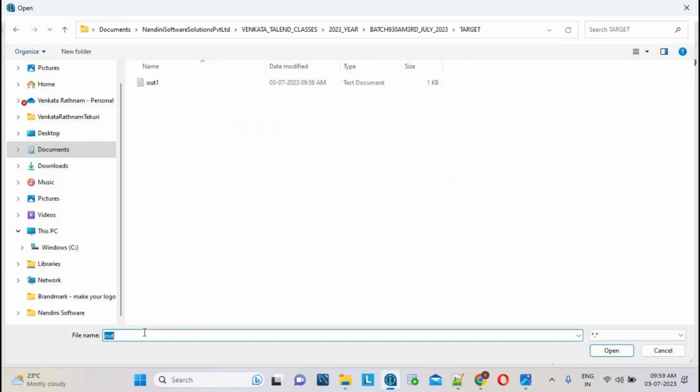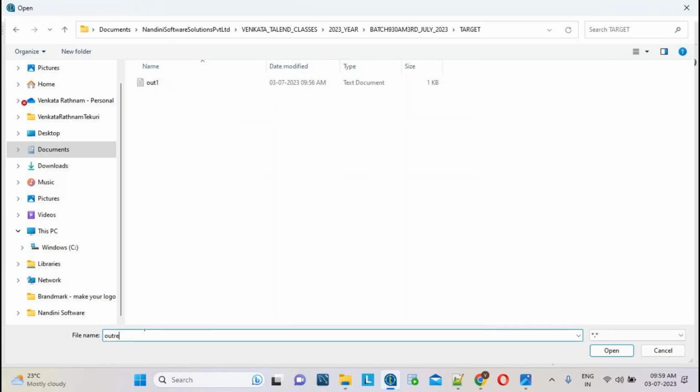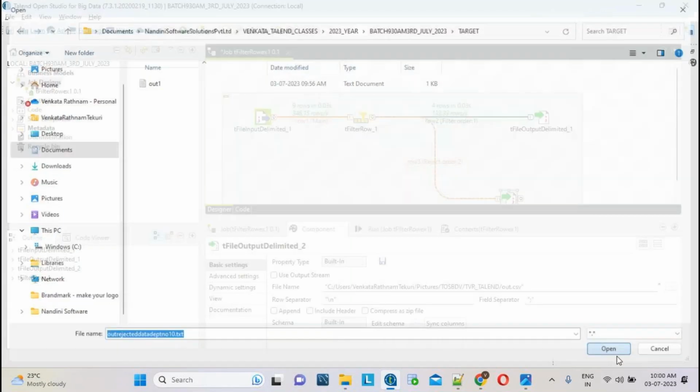I will give the output as rejected data DEPT number 10.txt. In real time they will tell you which file name to give. As for now, I am using my own. Let me click the open button.